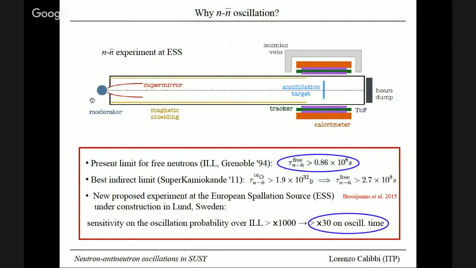Here you have the neutron source. Then the neutrons are guided within a pipe, vacuum of course, and they are let fly for about 100 meters. There is a magnetic shielding, as we will see in a second. This is an important requirement for this experimental setup. And finally,